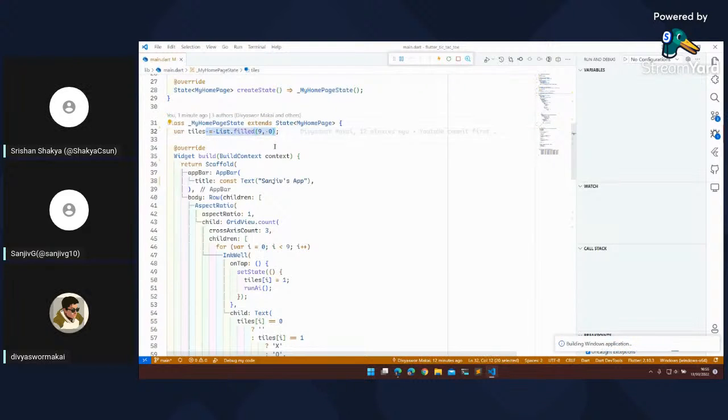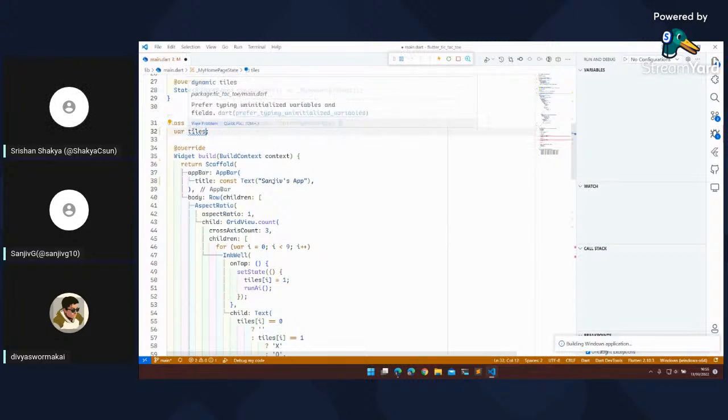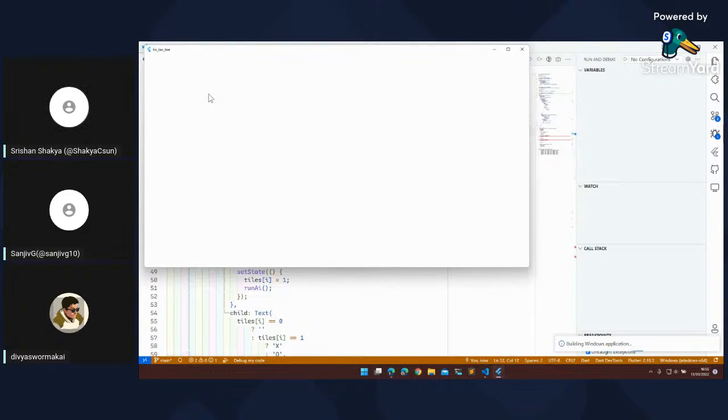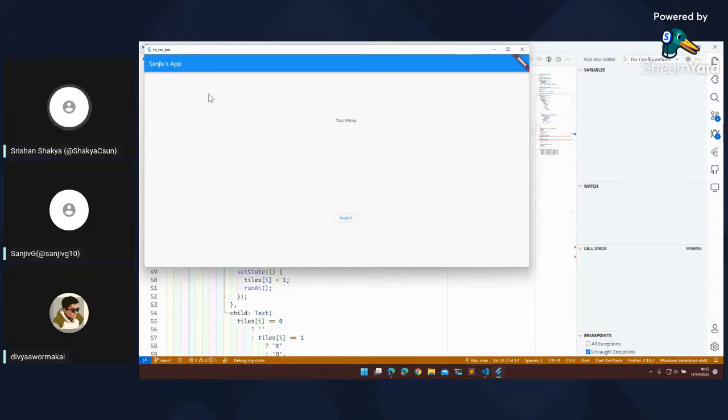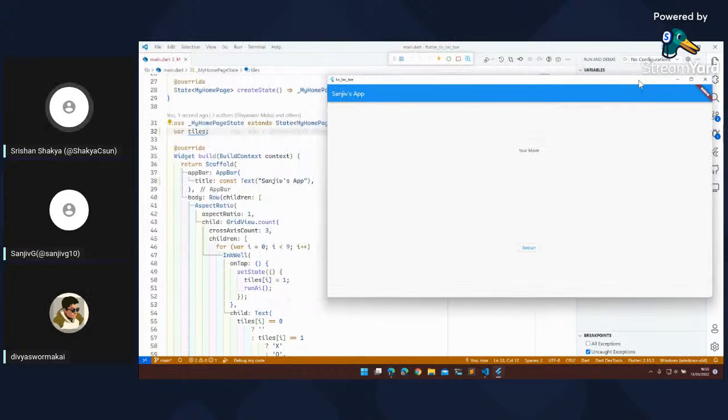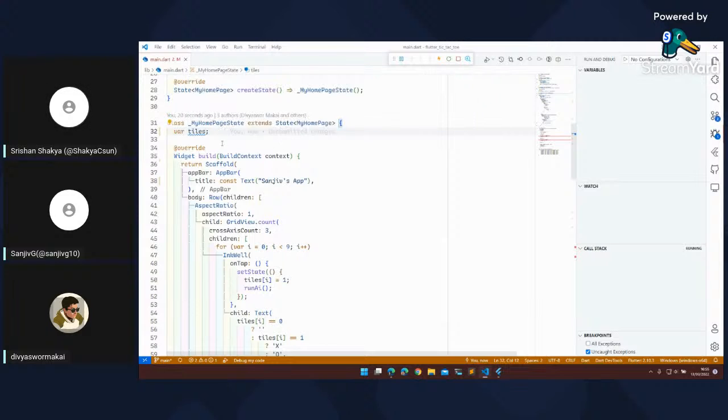And we normally can't do dynamic tiles, because then the type of tiles becomes dynamic, and dynamic is like JavaScript. It just neglects all the static typing that Dart offers, so it can be of any type. If you are familiar with TypeScript, then the dynamic type is the any type.